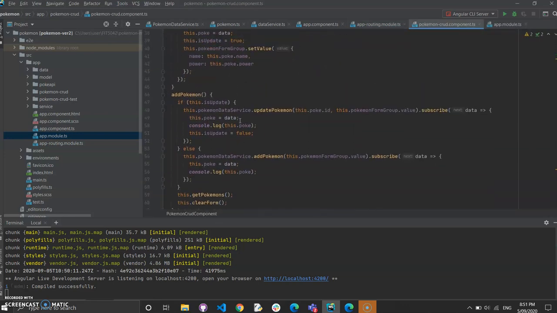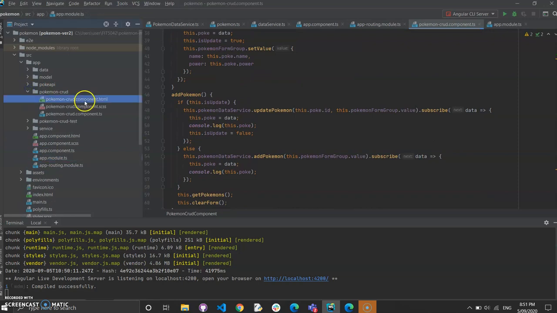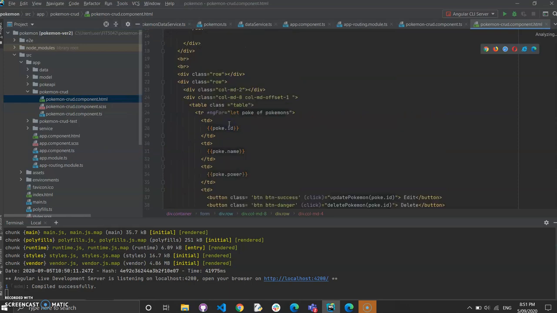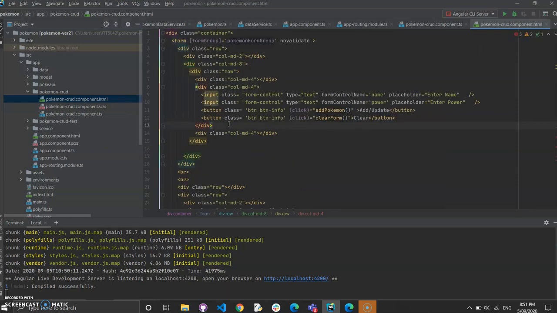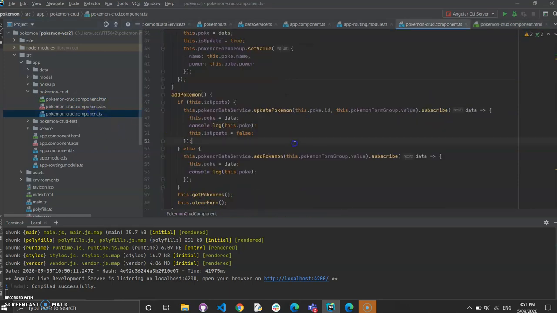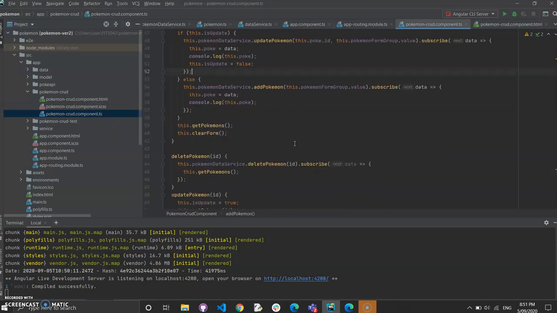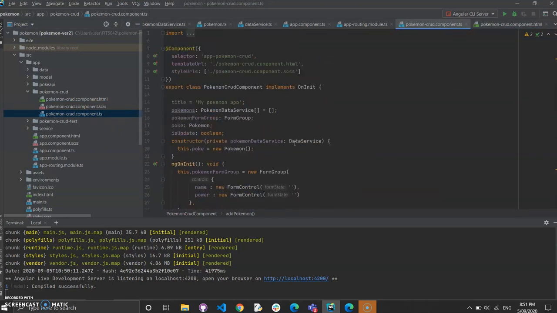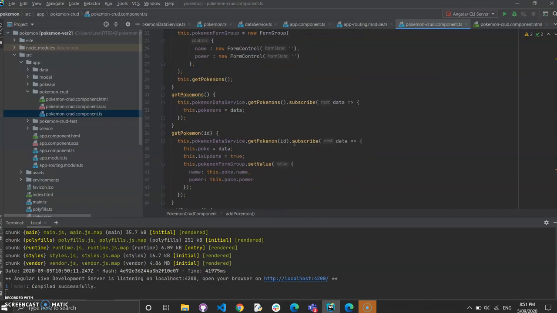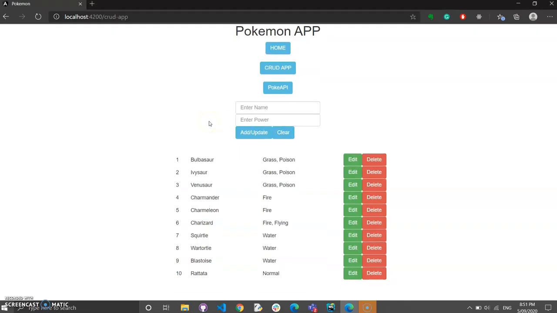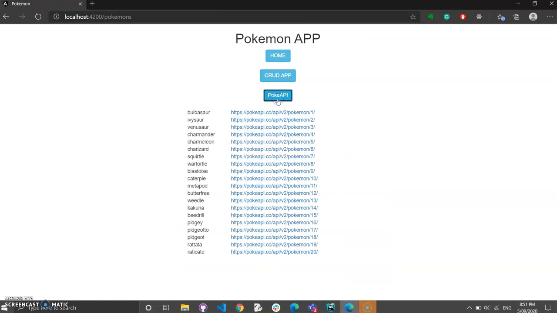Okay, so the CRUD component is defined here. The view for the CRUD component is defined in this HTML page. Okay, and the code, or the backend for the front end, is here. Now, if we go to the Poke API, we use the extension in the URL, as you can see, there is Pokemons.